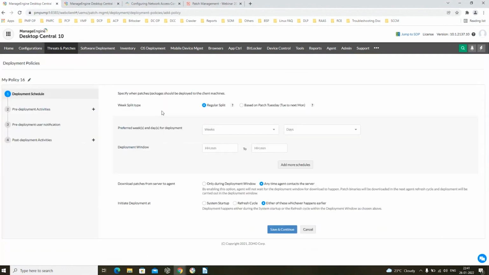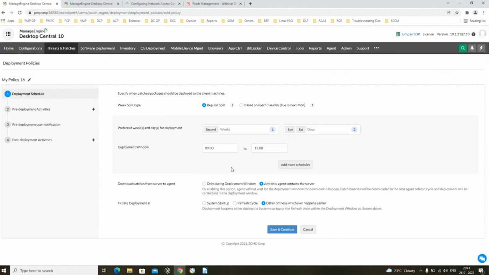Here, you will be able to schedule the window of patching. For example, if you're planning to test the latest updates in the second week of every month, you can select the weeks and the days and the starting and the ending time. For example, from 9 o'clock to 12 p.m. in the afternoon. So during this deployment window, the agent is going to download the updates and perform the installation on the respective target machines. And you can also customize when the agent should download the updates from the Desktop Central server. You can also have the endpoints pre-download the patches and store them on the local machines by using this highlighted functionality.